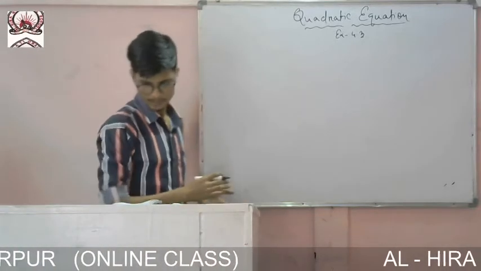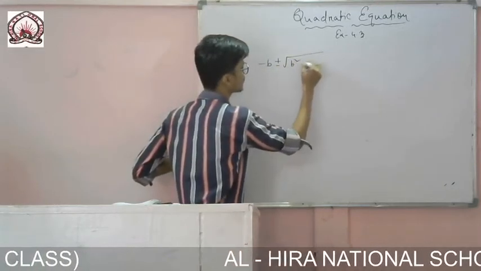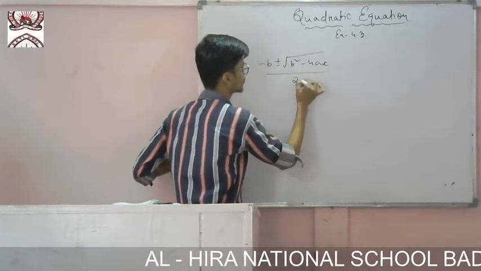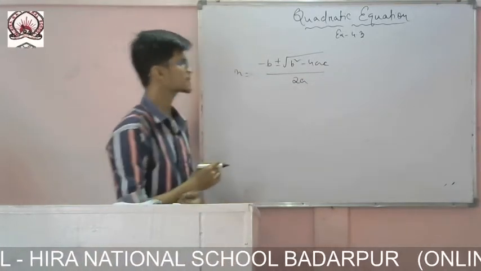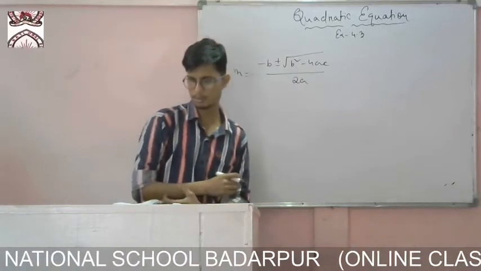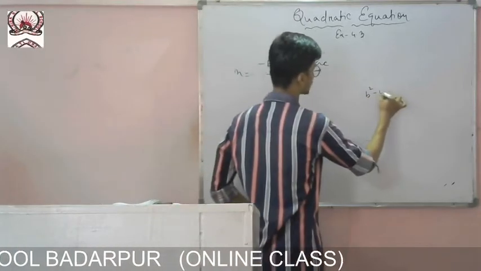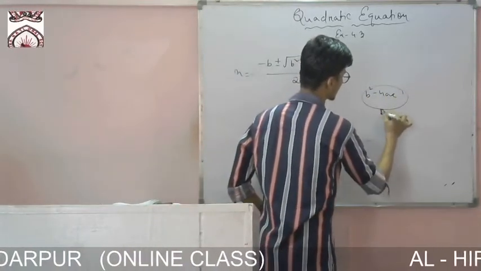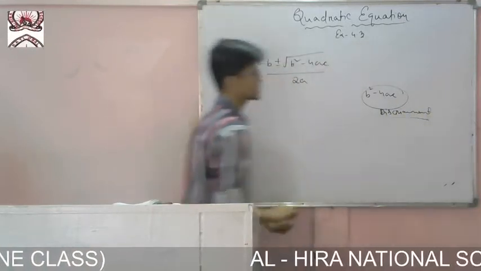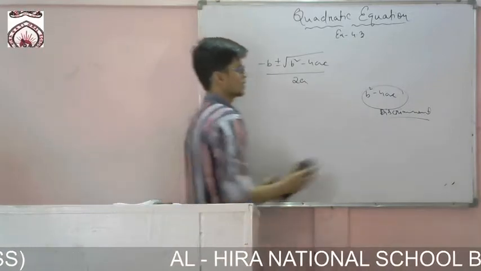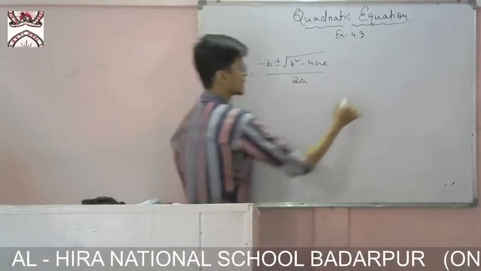Quadratic formula, you see, is minus b plus minus root over b square minus 4ac by twice a, that is the root. This part, b square minus 4ac, is known as the discriminant. You will get it in the next exercise. This is the discriminant, and we can find the root by using this formula if and only if b square minus 4ac